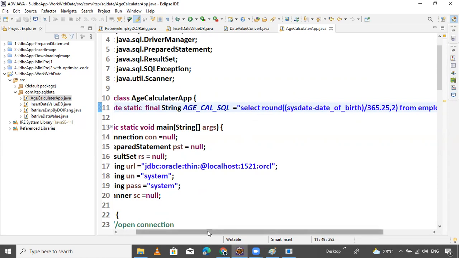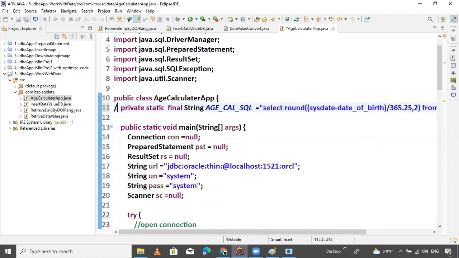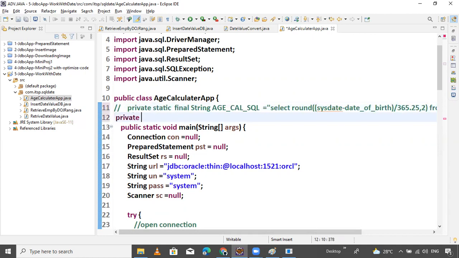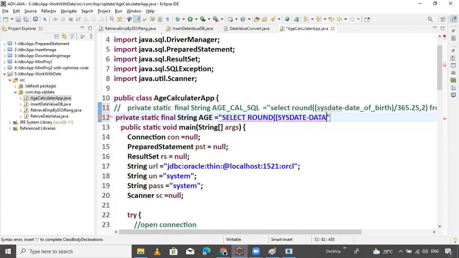Okay, let's try one more time, guys. One minute. Write the query again. Private String age, just age equals to select round sys date minus date of birth divided by 365.25.